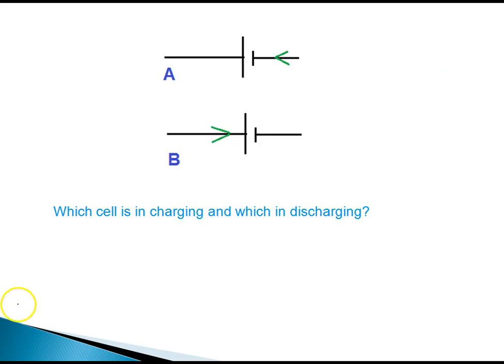Now you please tell me which cell is in charging and which is in discharging situation. Okay, I want to tell you one thing. You have to see the direction of flow of current. In the first situation, it is visible to you current is entering at the negative point. In the second cell, it is visible to you current is entering at the positive side. So always keep in your mind, when current is entering at the negative side, you will say this is the discharging situation, because this is the general situation of the circuit which we discussed, and it means the cell is in discharging condition. But if I say the current is entering at the positive terminal, then you will say it is not the general situation, it is a charging situation.